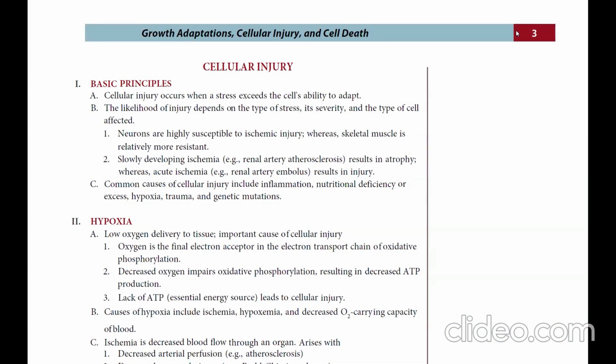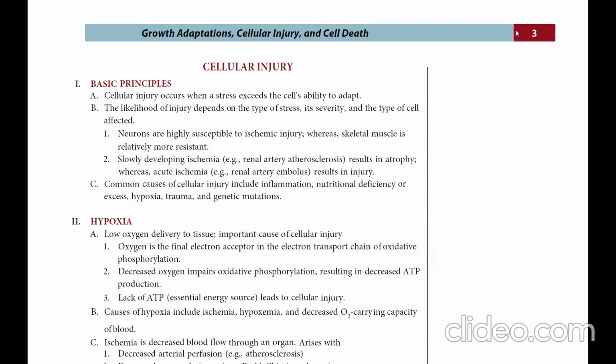Cellular injury. The basic principle: cellular injury occurs when a stress exceeds the cell's ability to adapt. The likelihood of injury depends on the type of stress, its severity, and the type of cell affected. Neurons are highly susceptible to ischemic injury, whereas skeletal muscle is relatively more resistant. Slowly developing ischemia, for example, renal artery atherosclerosis, results in atrophy, whereas acute ischemia or renal artery embolism results in